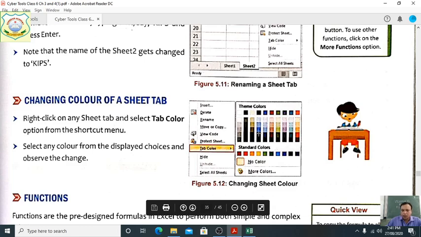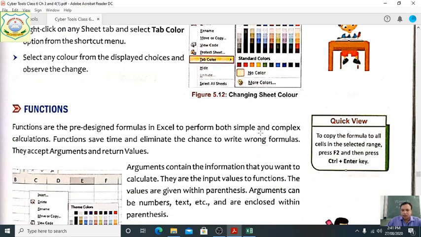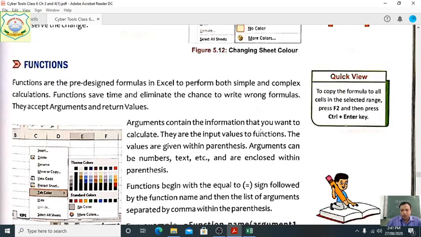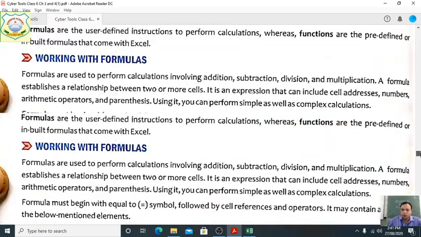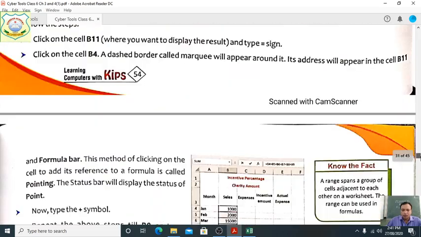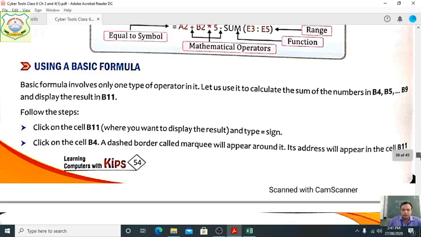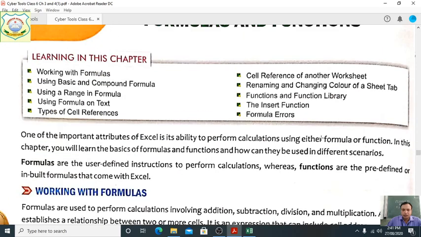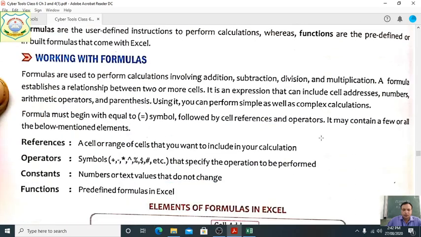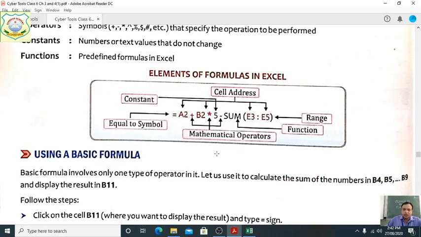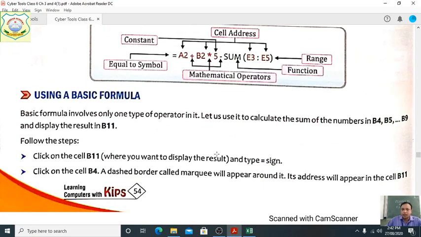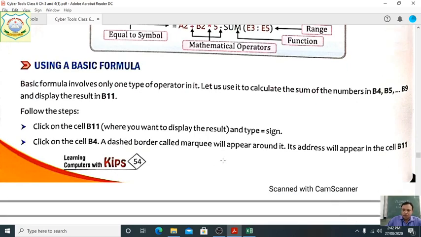So understood everyone, students? Next one is functions. You know, students, in the previous class we told you about formulas and functions. A formula performs calculations like subtraction, division, multiplication, addition, and functions are like sum, average, max function, min function, this way.